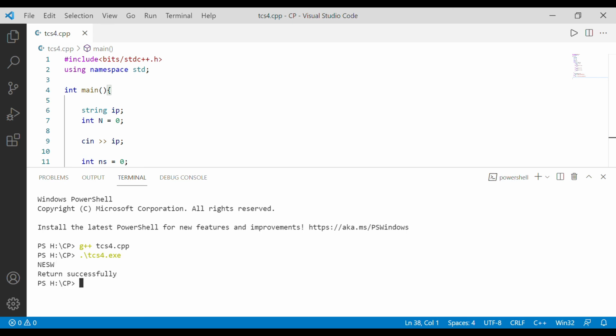Okay, now it has output returned successfully. And if we give any random string,